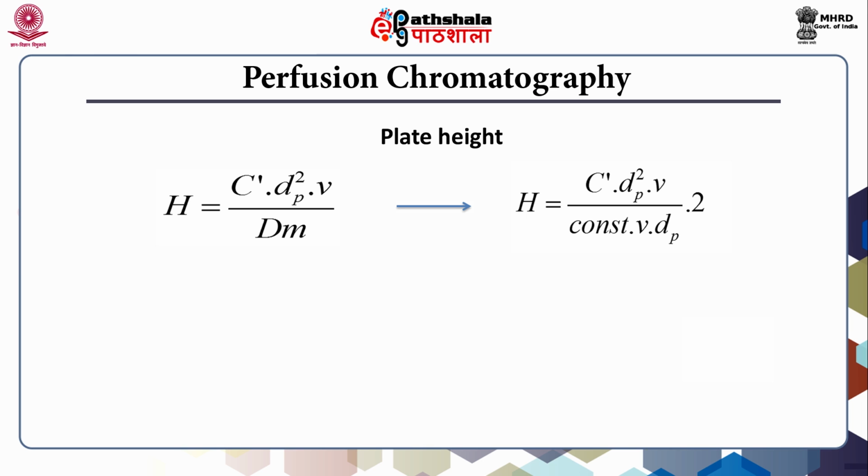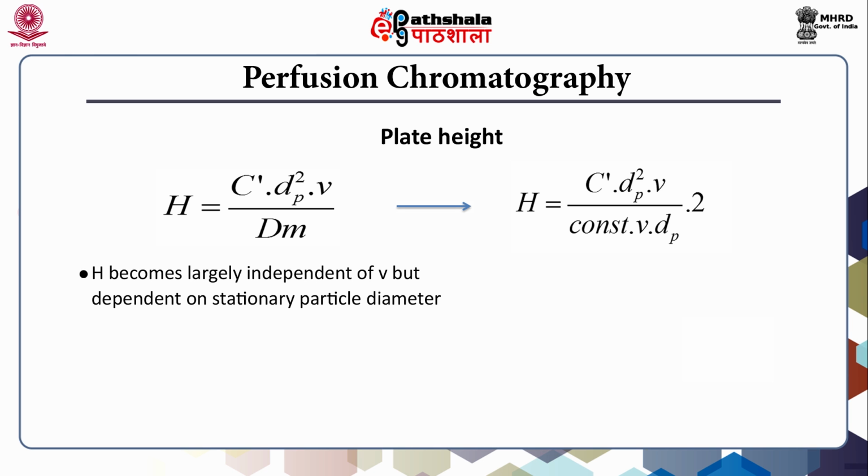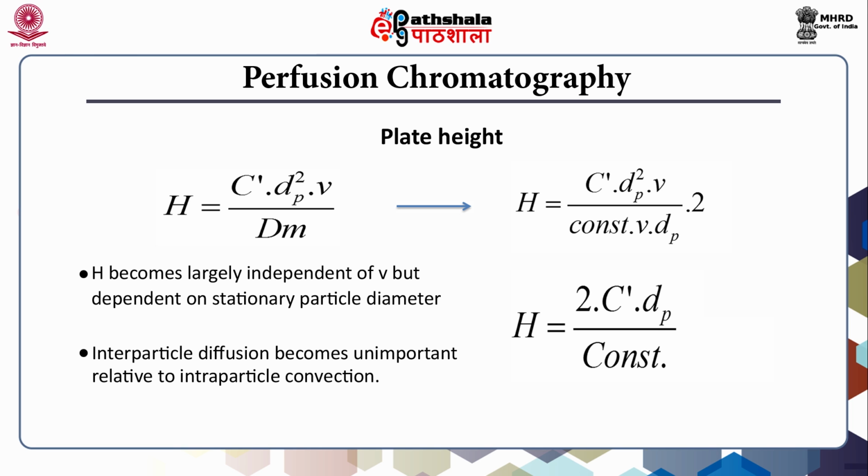So, overall, by substituting the diffusion coefficient of the mobile phase with the convective component, the height of the theoretical plate becomes largely independent of the flow rate V, but it is dependent upon the particle diameter, because you see the particle diameter is in the numerator. Similarly, interparticle diffusion becomes unimportant relative to the intraparticle convection. Therefore, perfusion chromatography is an alternative to HPLC to obtain results with high flow rates without losing any